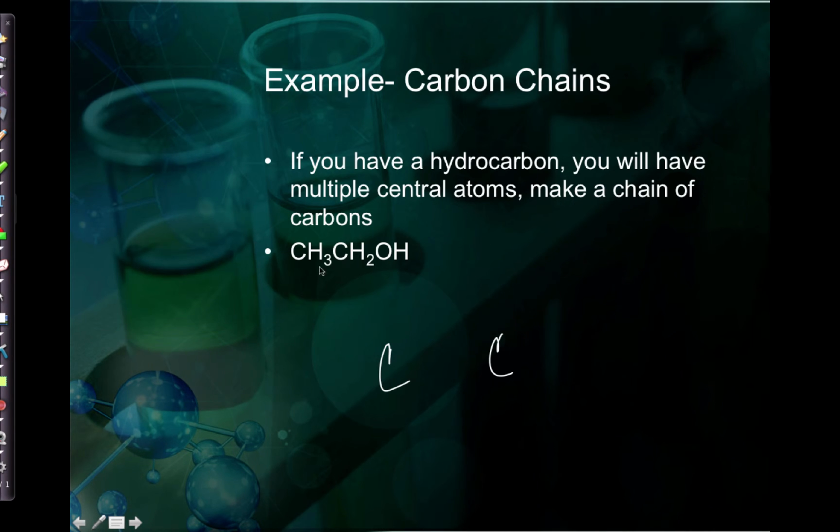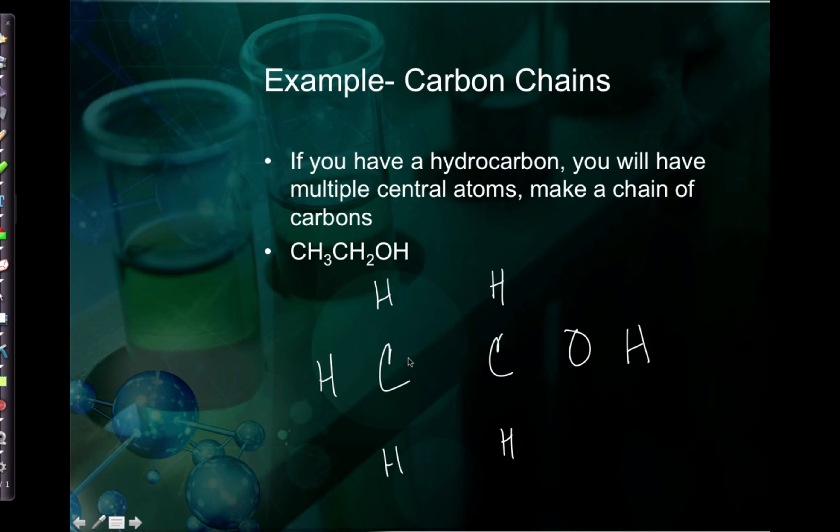And then you're just going to put your other atoms around it. So I have a hydrogen here, here, here, here, here. And then I have another oxygen atom here attached to an H. And then this actually shows you what the structure should look like. The carbon here is bonded to 3 hydrogen atoms. The carbon here is to 2. And then also there should be an OH group at the end. All right, so now,